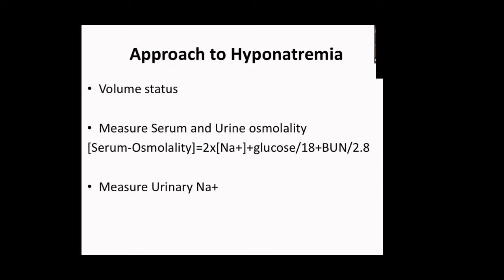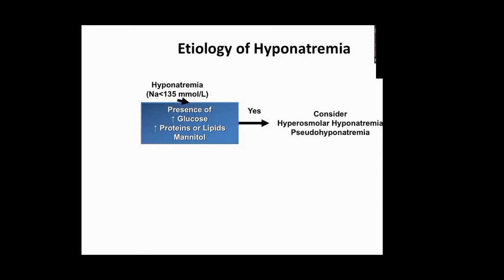How do we measure? We send to biochemistry, or we just put the urine sample into our ABG machine, and we get the sodium value. And another thing, prior to starting any correction, whether you are giving hypertonic saline or fluids, just do a baseline urinary sodium. It helps a lot. So in hyponatremia, you have to rule out pseudo hyponatremia. Most of us are anesthetists. We know conditions like TURP, where too much fluid is given, or the patient is having diabetic ketoacidosis, or a lot of mannitol is given. These are the conditions in which pseudo hyponatremia occurs.